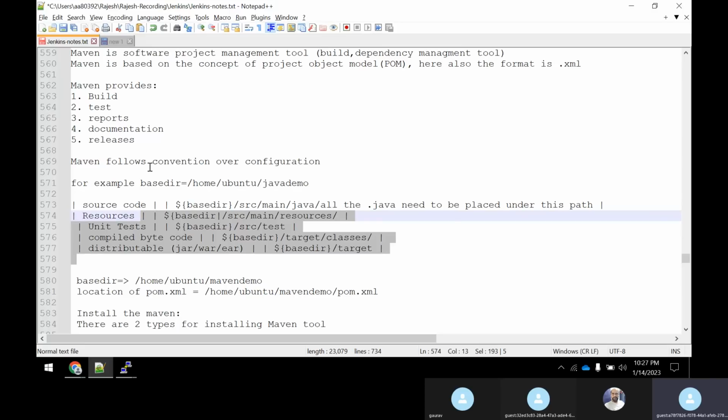Can we make some more changes according to our requirements? Yeah, you can do the changes, actually. The flexibility is given by Maven also, that you can make all these changes, even though these are the main conventions which you need to follow. But sometimes, suppose for example, you are building a project for your test environment. There I need to make some slight changes in my convention. Yeah, you can do that, actually.